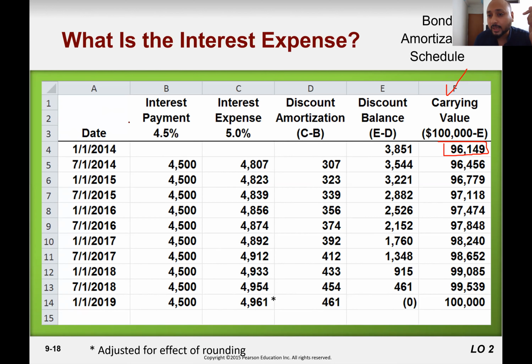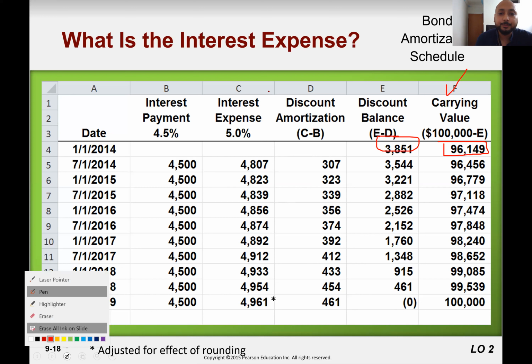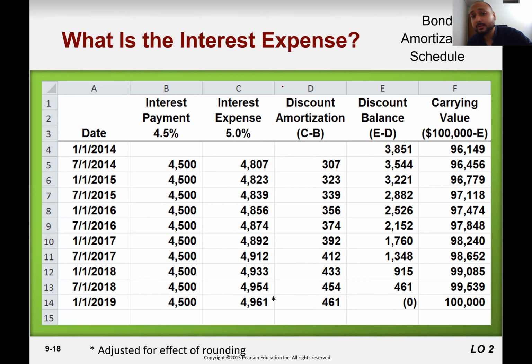And this is the discount, 3,851. So remember, our interest payment is 4,500, 4,500, 4,500. Why? Because that is the stated interest rate that we have to pay, and the stated interest rate will be on the stated or printed value of the bond, or face value of the bond, or maturity value of the bond, 1,000